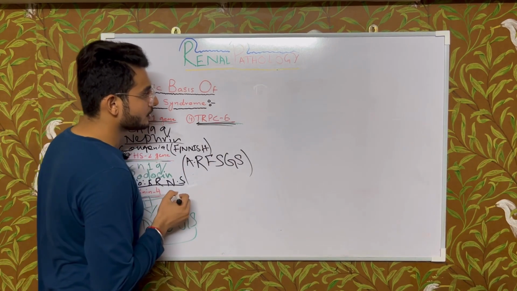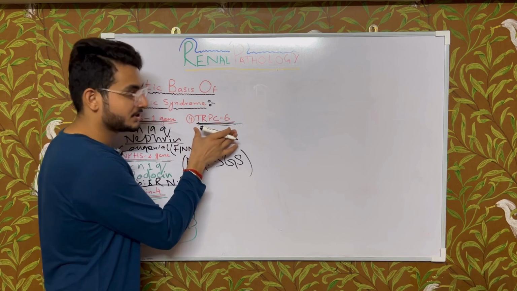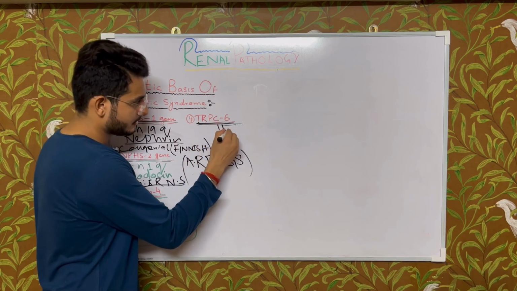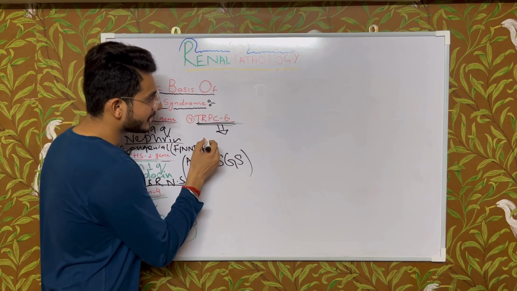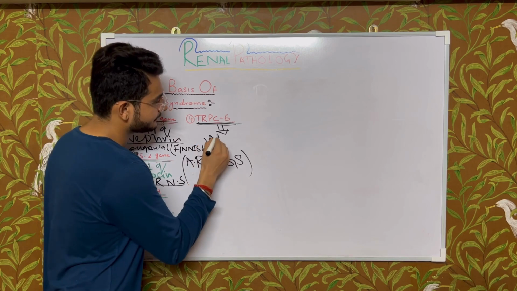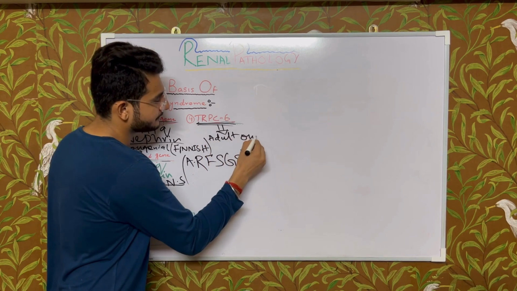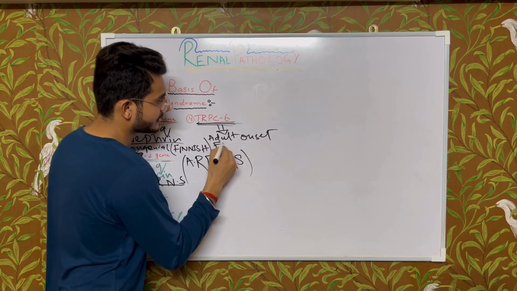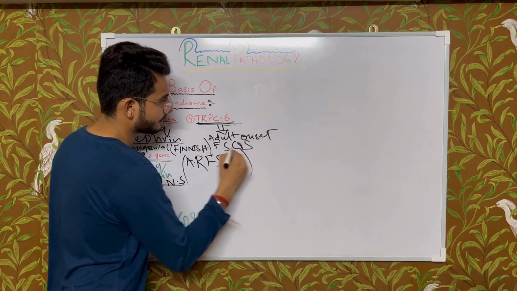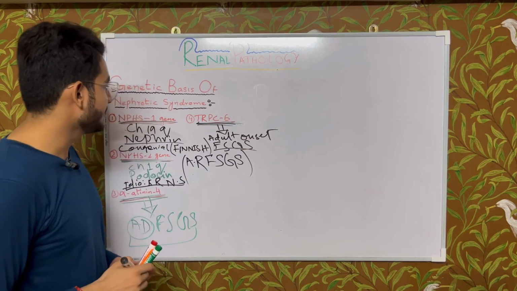Due to the mutation of this TRPC6 gene, what happens? The condition arises known as adult onset FSGS. So it must be clear to you